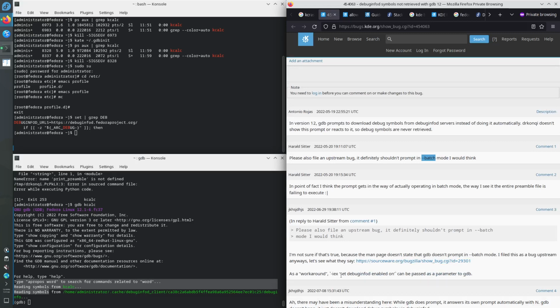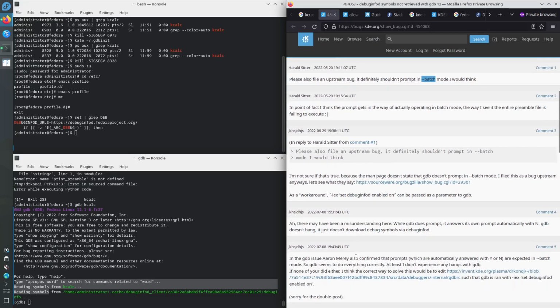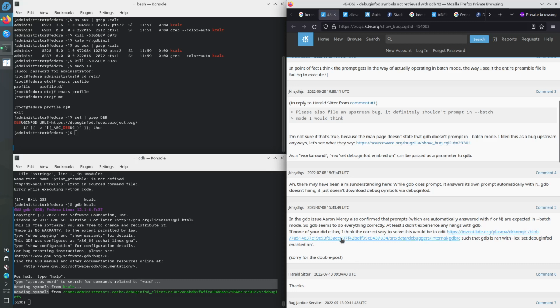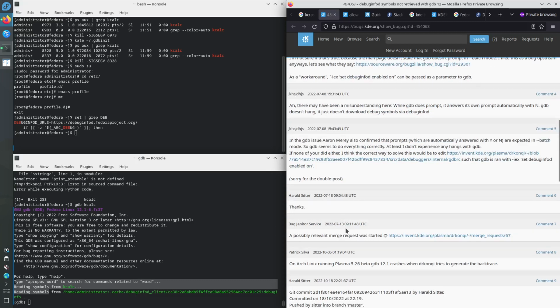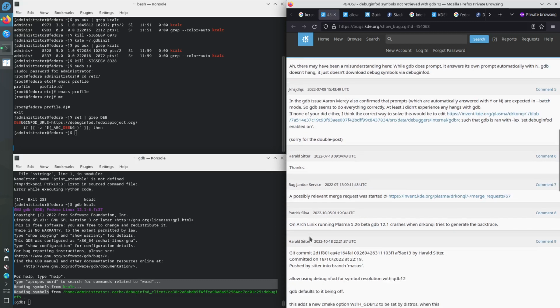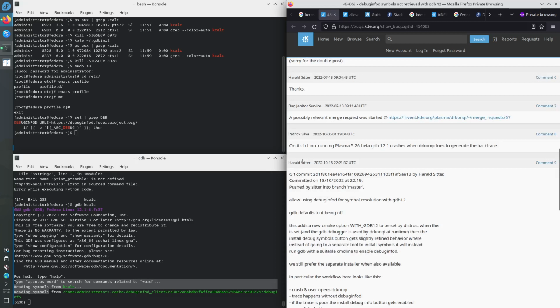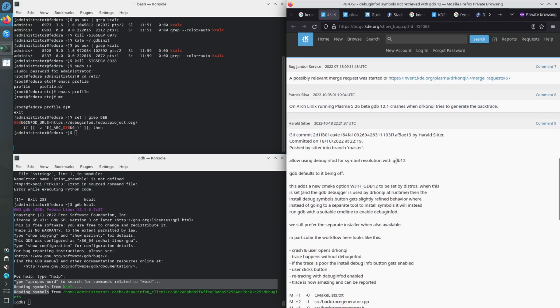So GDB itself replied with an uppercase no, so that's where we're at. And then this issue is fixed by Harald S, where if a Linux distribution has GDB 12,